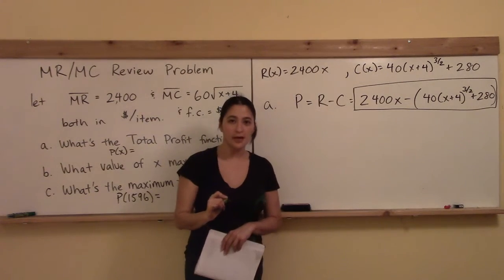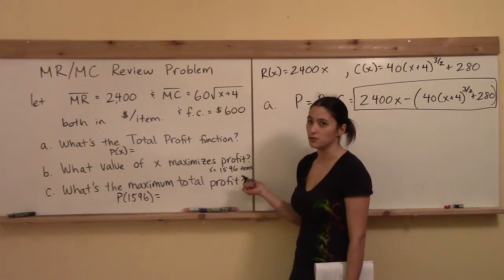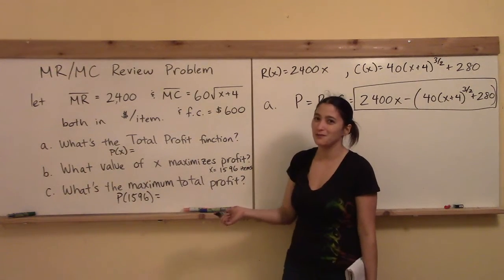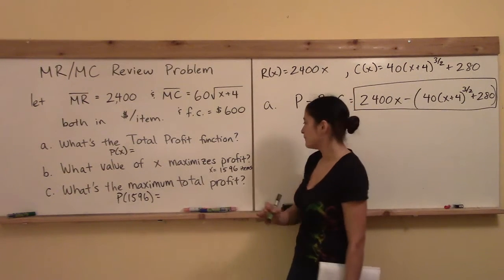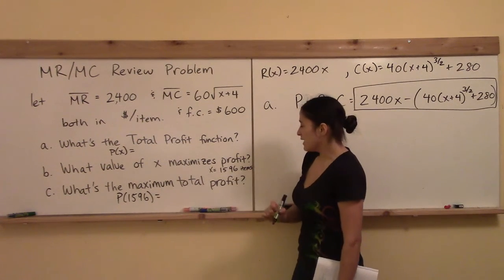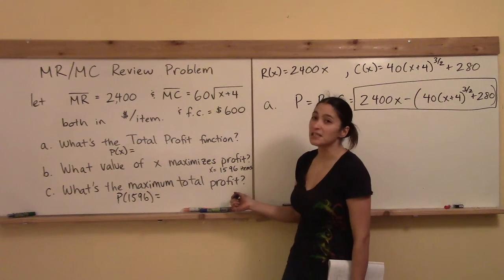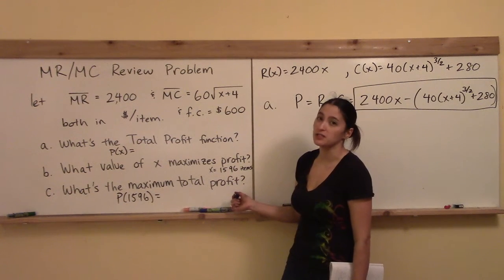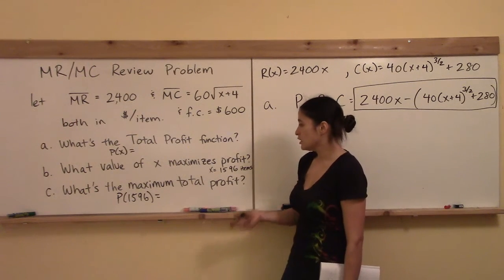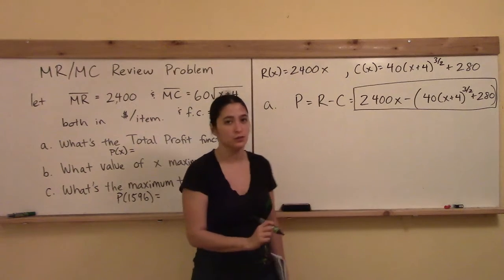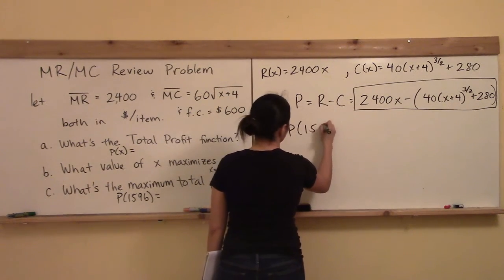Whew. Now we can answer part C. And remember, we already did part B without having to go through all that stuff. That's why I wanted to do it first, to just show you how cool it is that you can get straight to the heart of the matter of maximization without even having to do the integral part. But you can find out how much your actual total profit's going to be without having gone through all that integral mess. So we can finally answer part C, what's the maximum total profit, by taking the number 1596 from